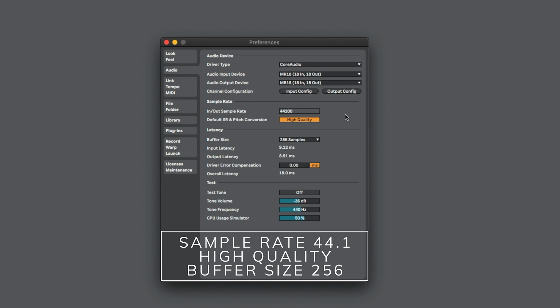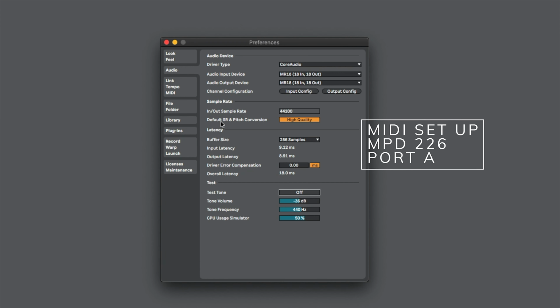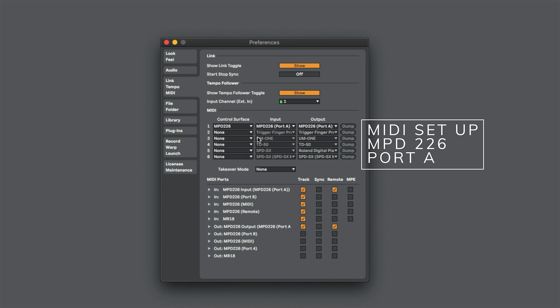So let's keep that at 44.1, high quality. A good buffer size for us is 256. That's kind of a happy medium. Just test tone, make sure that works. There you go. When we're choosing our input and our outputs for our MIDI controllers, this is also a control